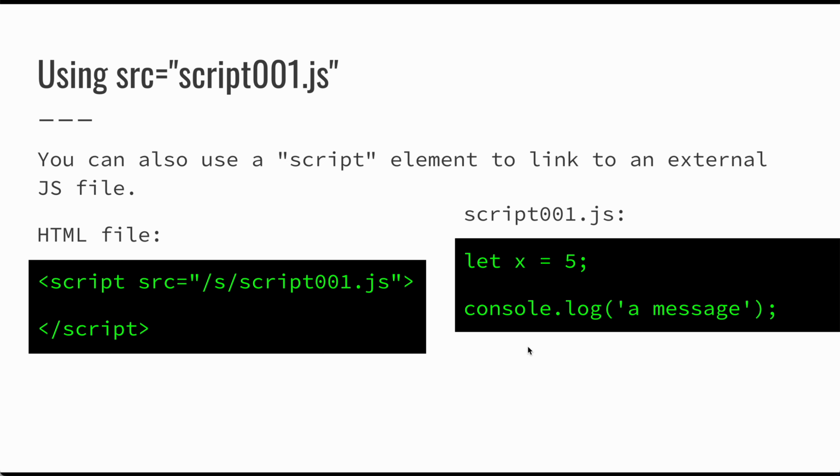Using a source attribute will allow you to link to an external file, and again, this can be really useful as your code grows and grows and grows. Sometimes it's nice to just have everything in a single file or in a set of files. So the only difference here is that you have an SRC, a source attribute, for where your script file is located, and typically you don't put anything within your script element, and then in your script.js, that's where you would actually define your code. So your browser will then pull that JavaScript file in and load it,